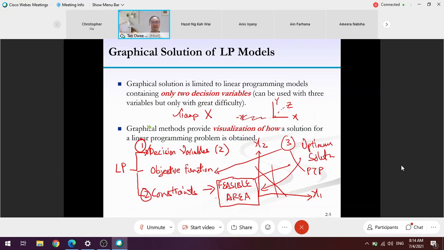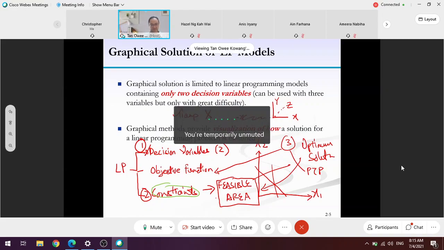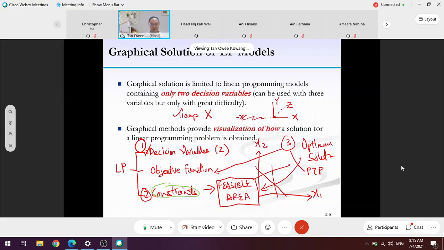So I recap. Langkah pertama, plot the graph, selecting decision variables as the axes of the graph. Then number 2, identify the feasible area based on the constraints. How to do that? I will show you later on. Then number 3, once you have the feasible area, you identify the optimal solution from it. There are 2 methods. One is using the objective function line, another one using point to point. They call it coordinate and point. I'll take you through later. So, so far, overall? You still don't know how to do it, but overall, okay.